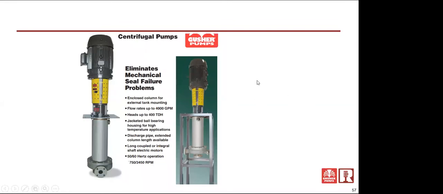The tank would be over here. Liquid level would be somewhere up in this area, for instance. And this pump is allowed to leak internally inside this column, as we call this an enclosed column. Whatever leaks past the bushing that's in there, which is normal operation, would build up in this column,